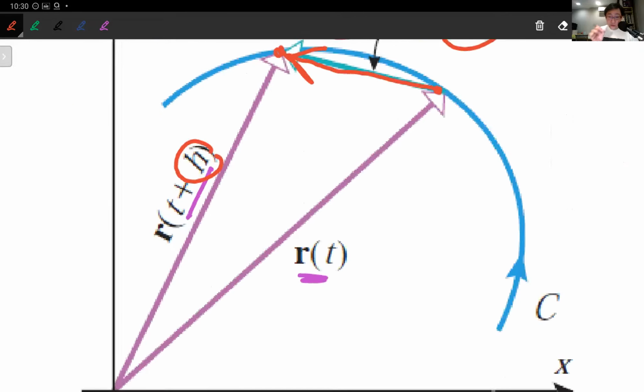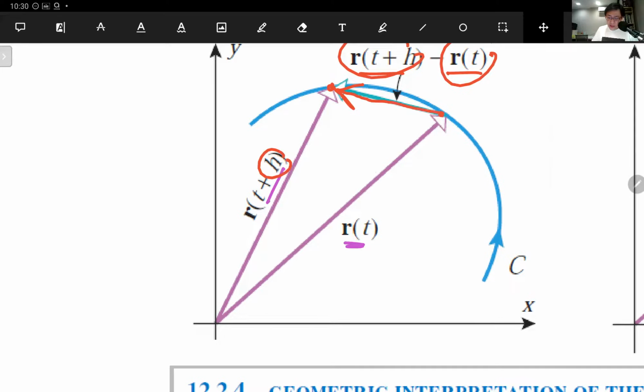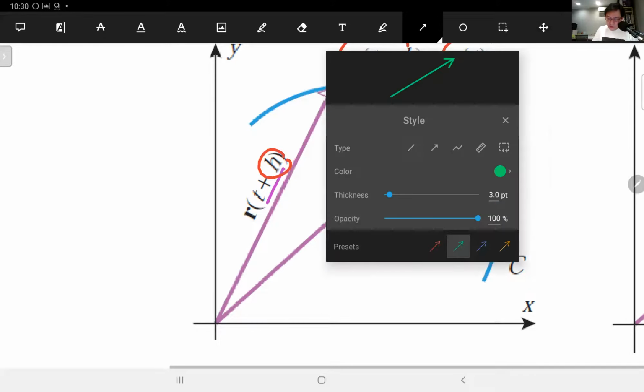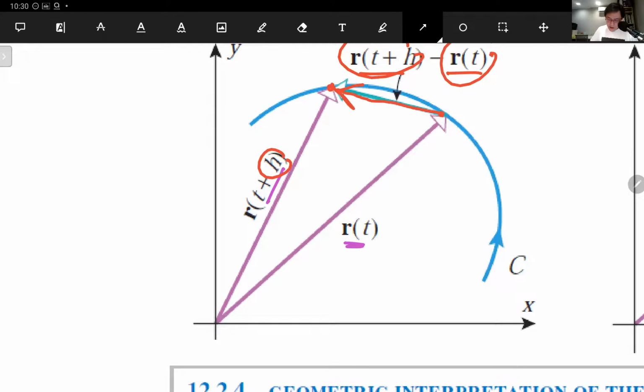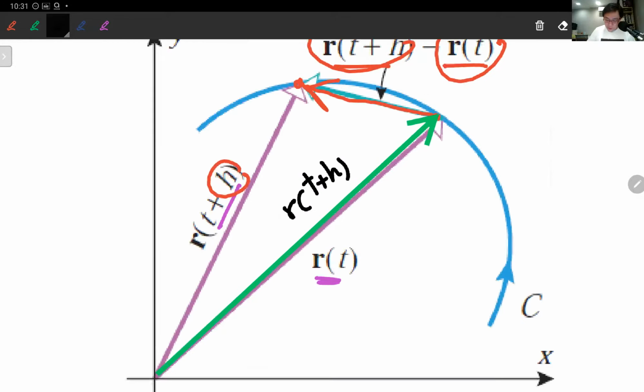If I try to move this by just super tiny, the vector is going to move by just a bit. You guys with me, right? So this is r at t plus h, but h is super, super small. Zooming in, zooming in. So that change is going to point